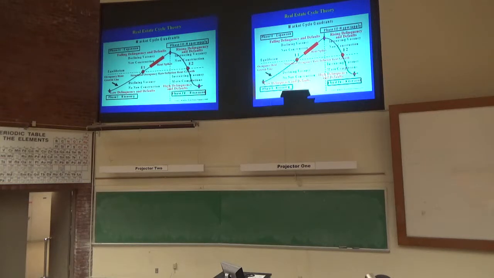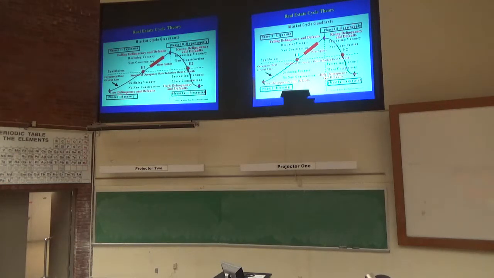So test question. Where is the San Francisco office market right now? Is it in quadrant 1, 2, 3, or 4? It's probably in 3. Because there is new supply. There's been about 4 million square feet that have been built. There's another 4 million square feet that's probably on the books. So there is new supply. We've gone through already the rent spikes. We're already starting to see slowing job growth, slowing net absorption compared to 2014, 15, 16. So we're probably in quadrant 3.